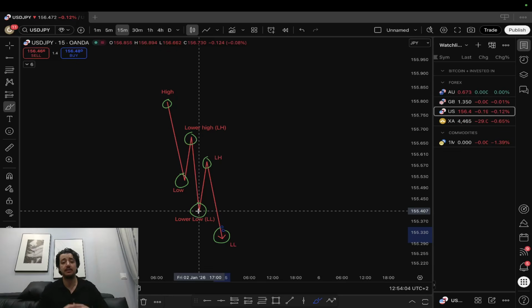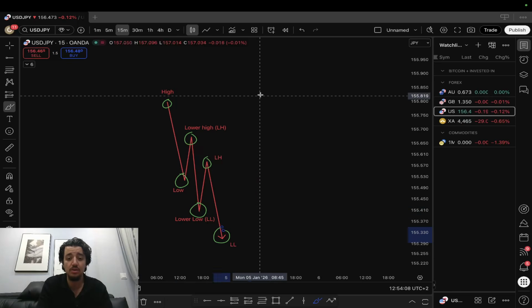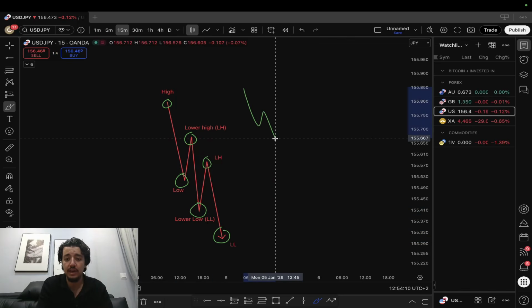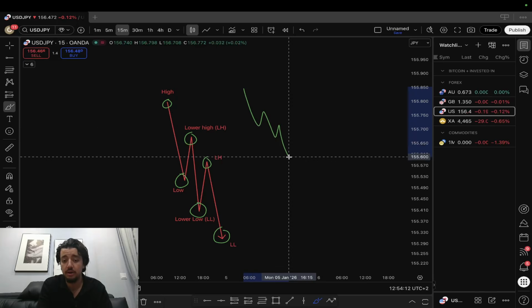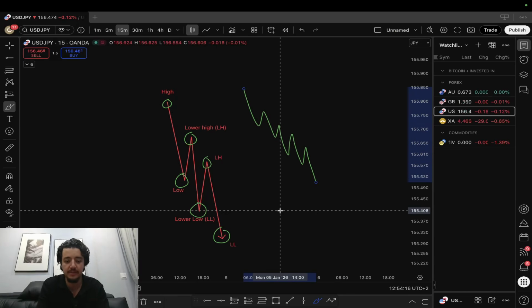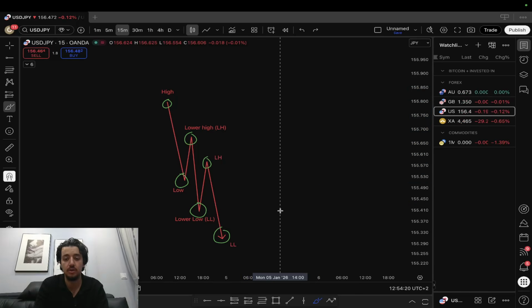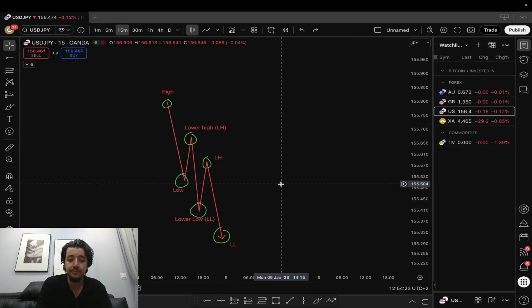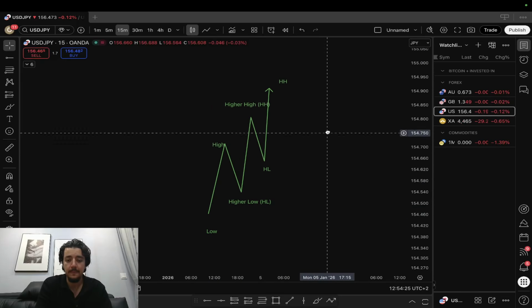Don't overcomplicate it. Now, you don't really need to understand why this is called this or that. You just need to know that in a downtrend, we have high, low, lower high, lower low, lower high, lower low, lower high, lower low, and it just keeps going on. And I'm explaining to you how we know the switch from a downtrend to an uptrend. Just hold on. Now, for the uptrend,